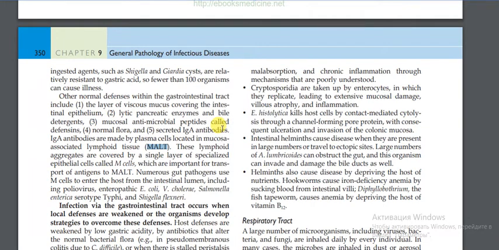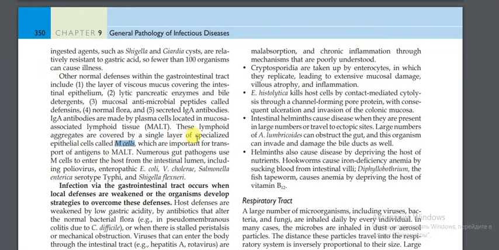And one more thing, we have M cells. These are special epithelial cells, like carriers of lymphocytes. These M cells facilitate the penetration of lymphocytes towards the